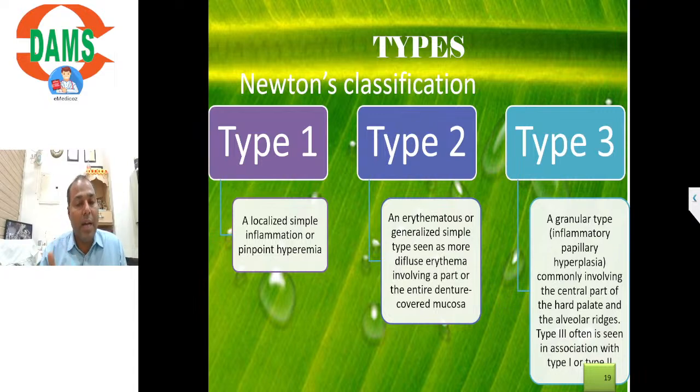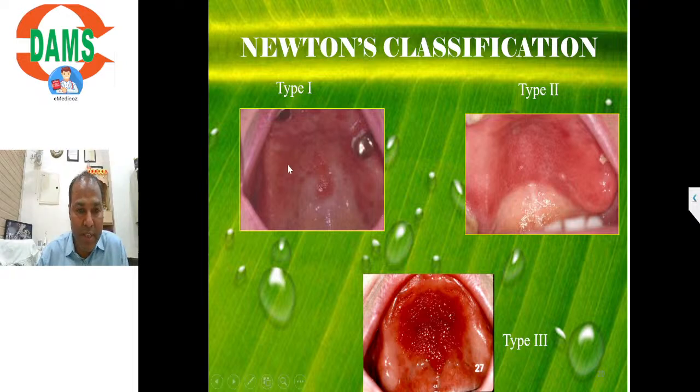One was type 1. I'll show you the pic. I am talking about denture stomatitis, denture sequelae, for those who have joined recently. So type 1 is localized simple. If you see the slide, you see localized simple hyperemic palate,